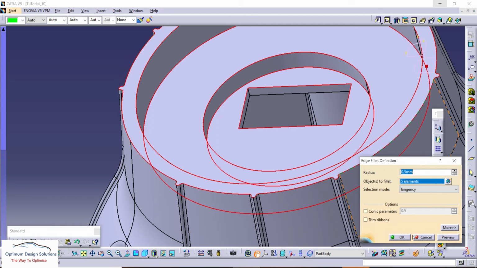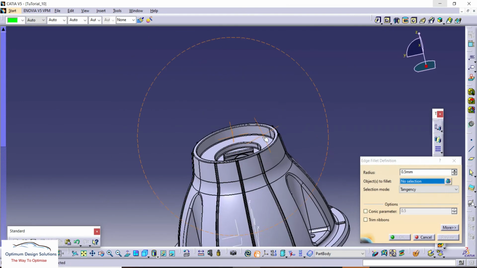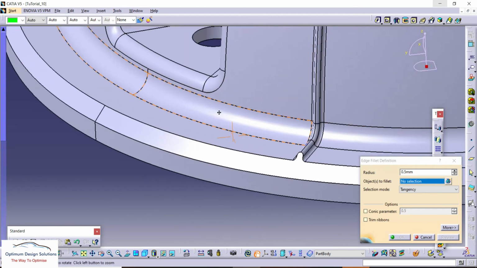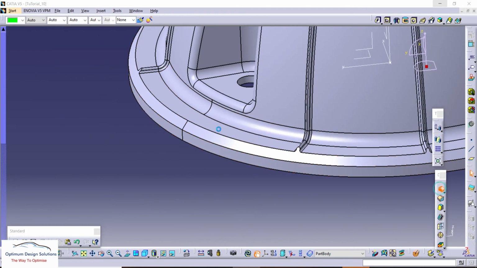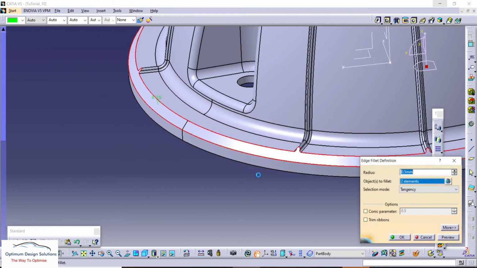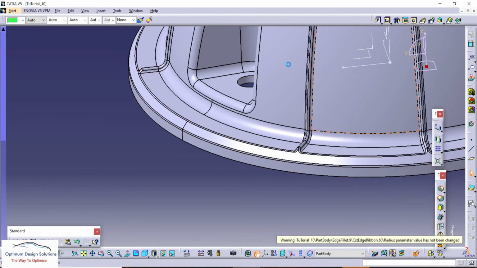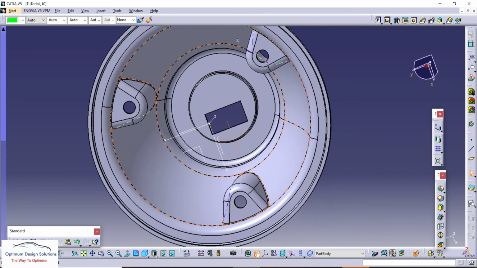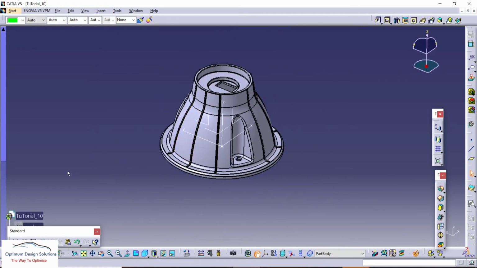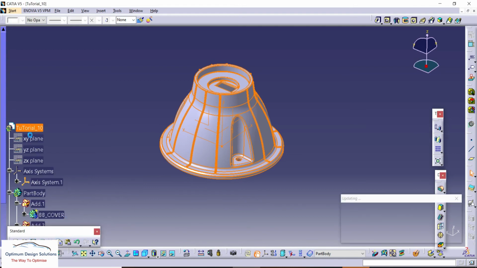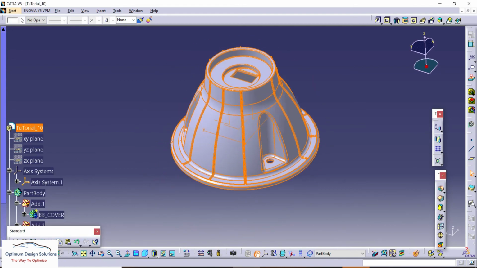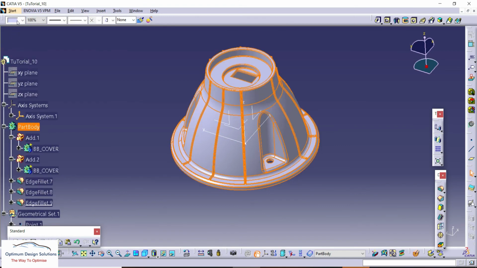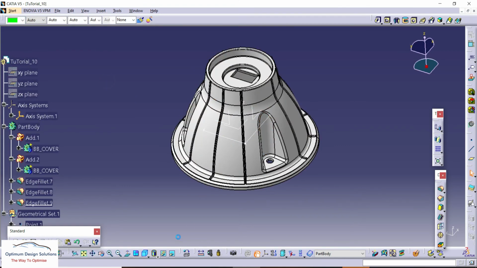So we applied edge fillet at every sharp corner of our part. So let's apply, or remove, all the sharp corners with the 5.5 mm edge fillet. So here the part is completed. So we'll apply the color for the cover part. So this is the final product.